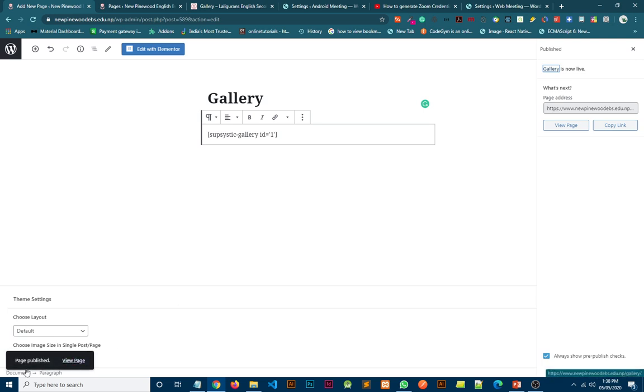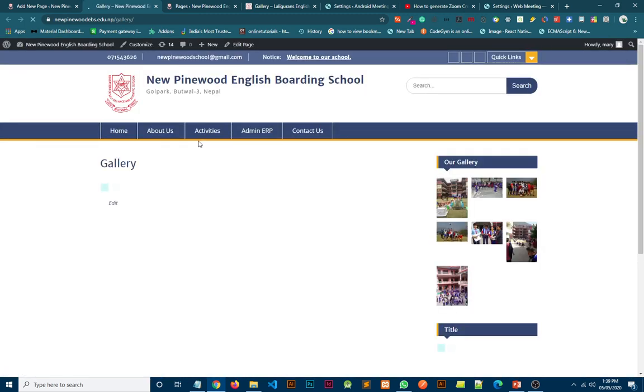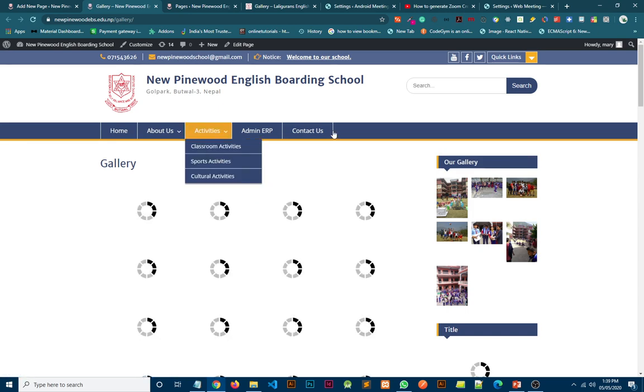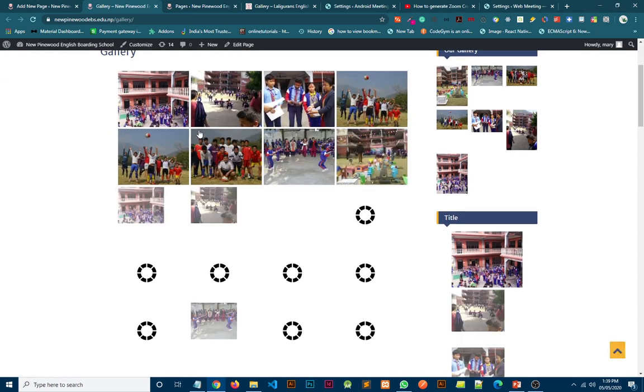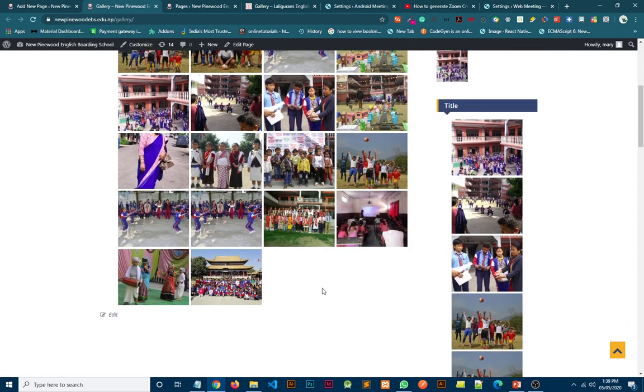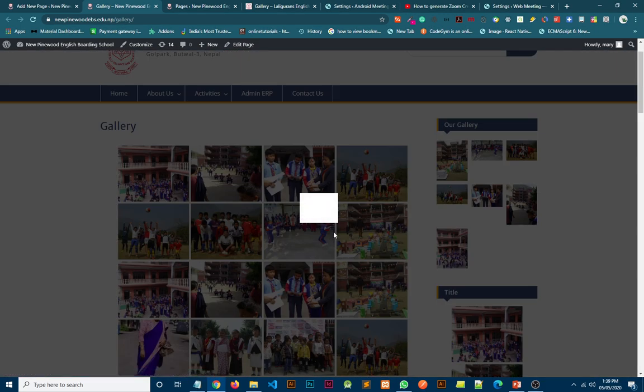Okay, there is a pop-up coming here, View Page. I just want to view the page. You can see all the images of the gallery showing here. Let's see. It takes time to load.